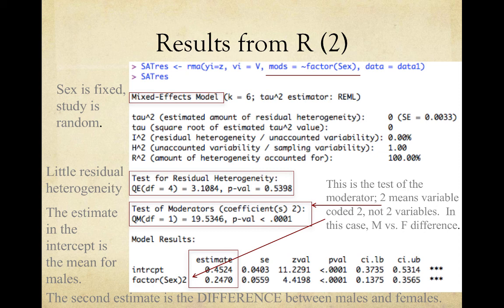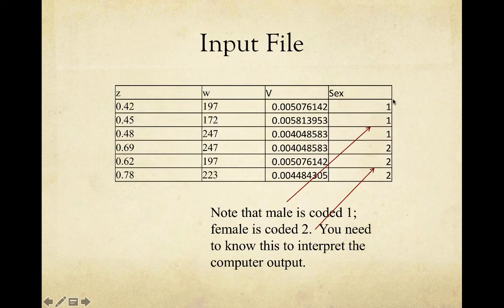Now we're going to do the moderator test. Okay, so let's look at how that works. Y is Z, B is V, mods equal, and here I've got that tilde, so on my keyboard that's on the upper left, squiggle, tilde, factor. So when I read the data in, it looked like this, and so R has got this